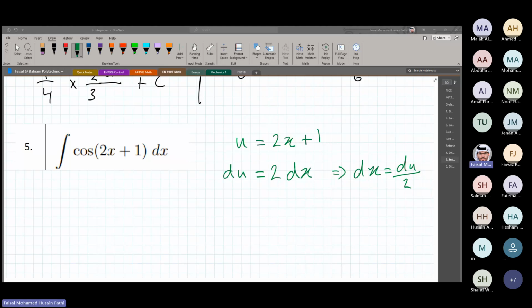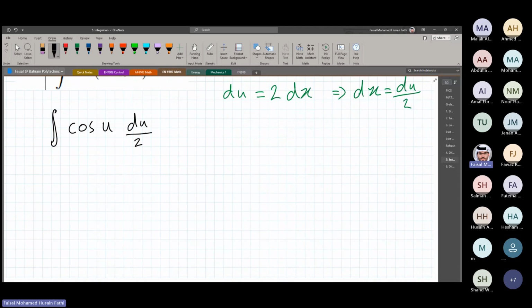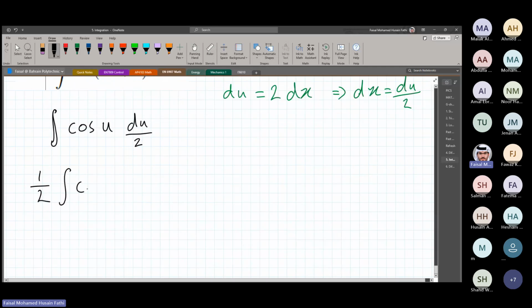Okay. So again, du is equal to 2 dx. dx is equal to du over 2. Substitute all of this. So now we have the integration of cosine u du over 2. Then we can simply take this 1 over 2 outside of the integral if you want. You can do this as well: integration of cosine u du, if it makes it simpler for you. And then it's going to be half times